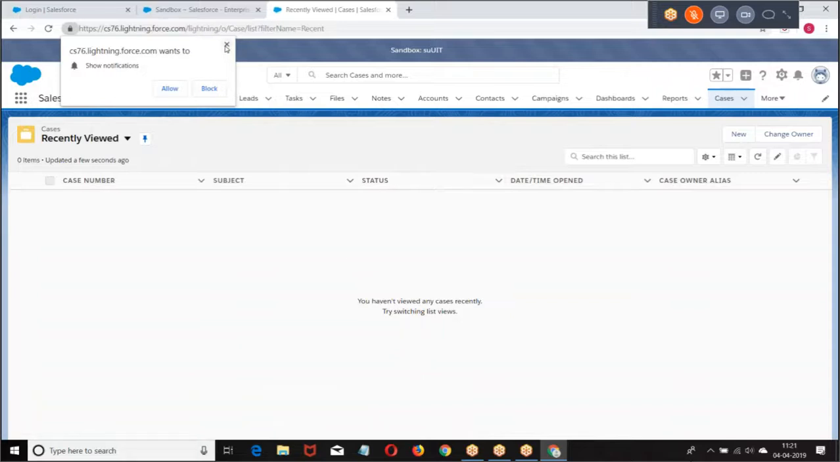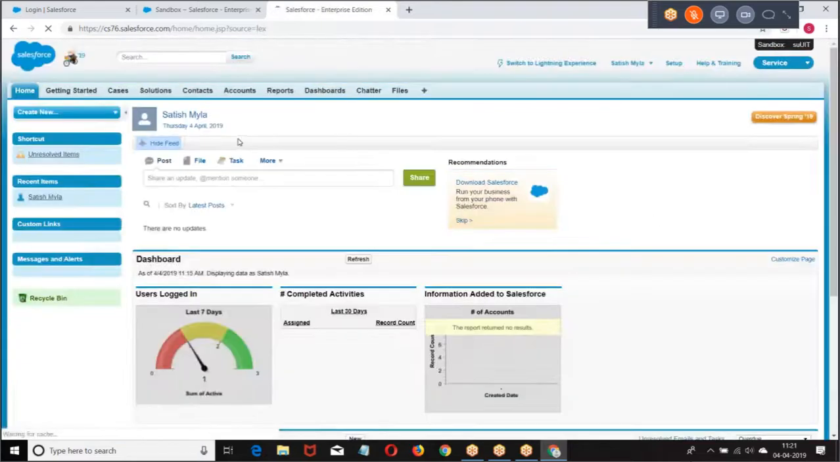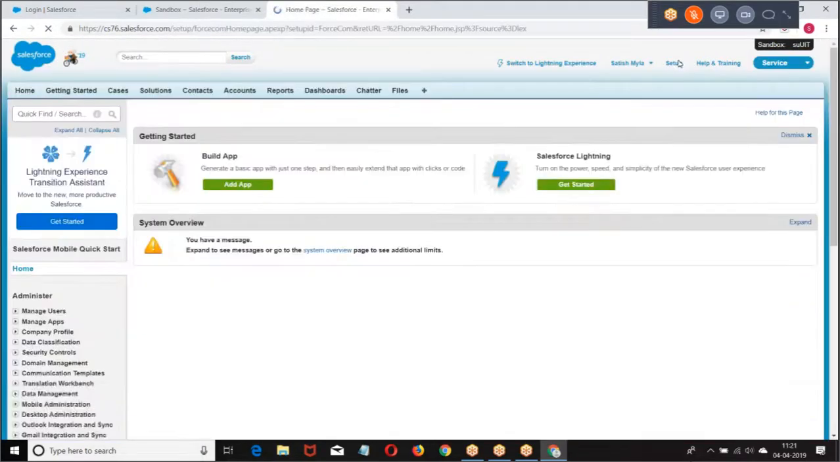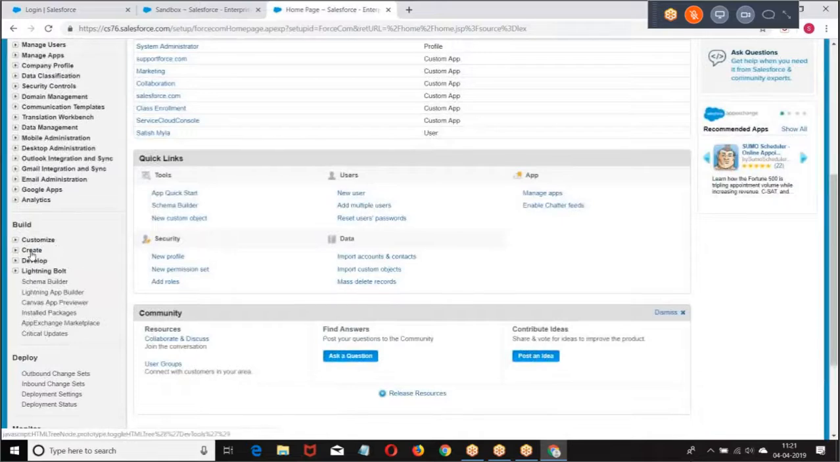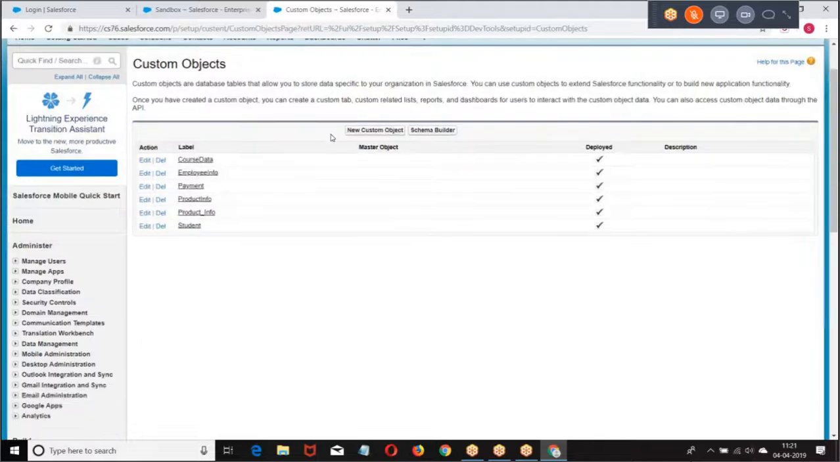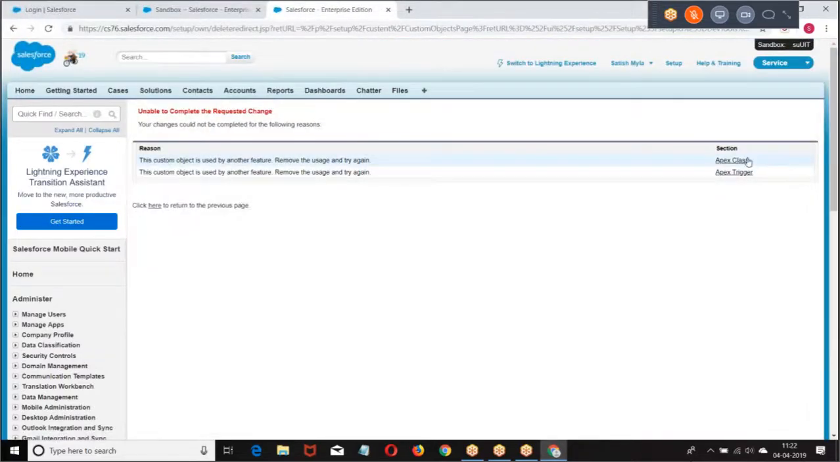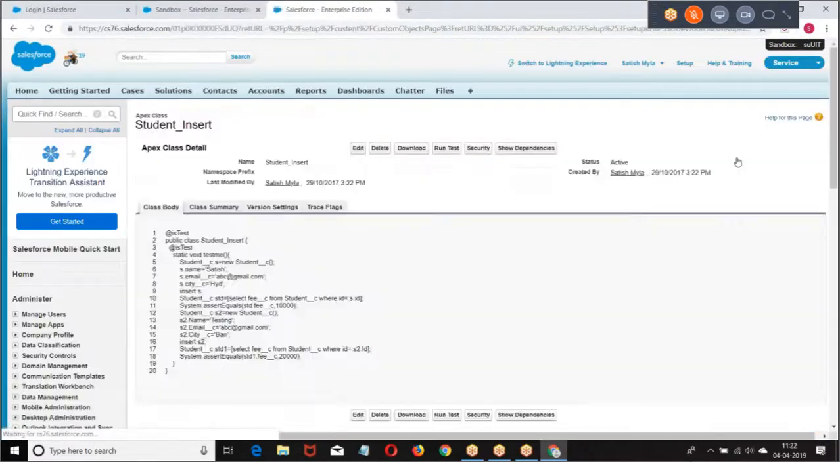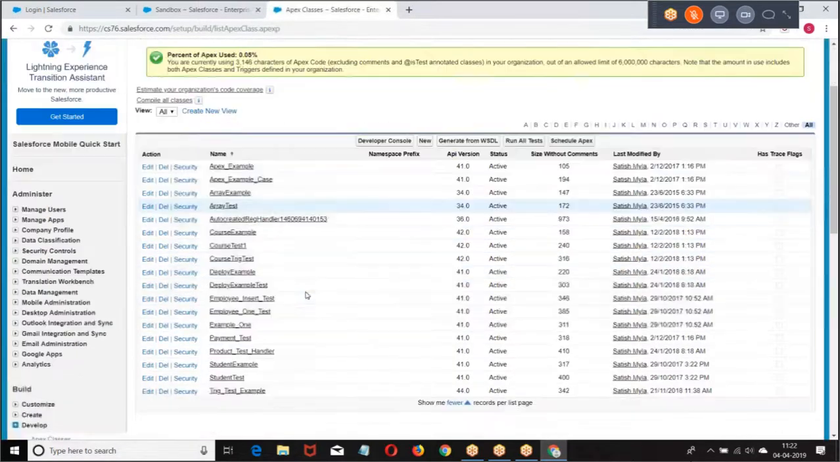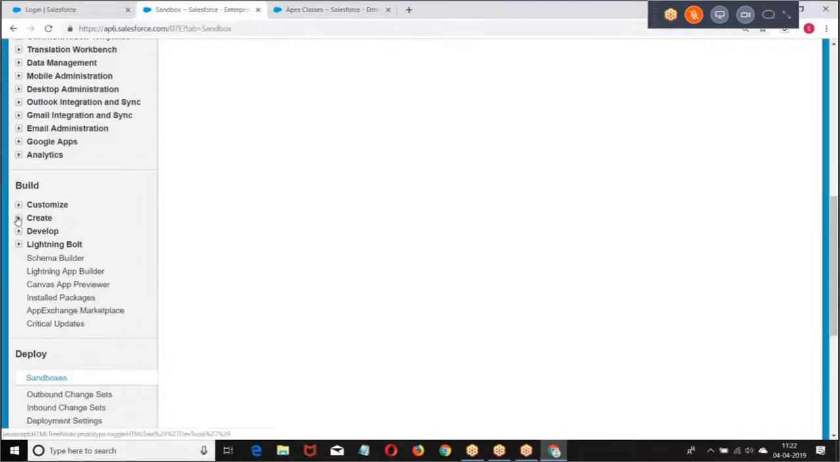Now look at this. So what is the deploy? The development activity you're trying to do: go to create objects. Now I want to take a couple of classes and triggers that are here. First, let me go to production. In the production, if I have any objects,